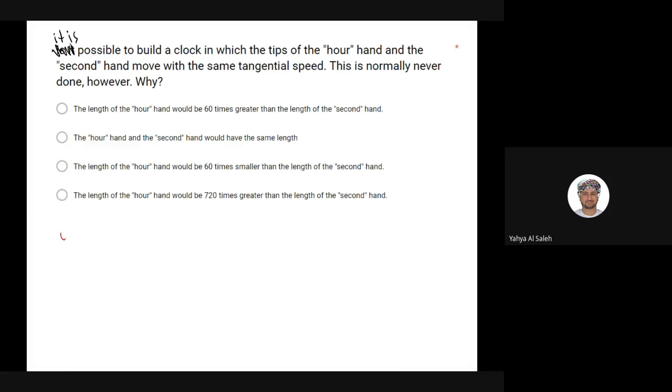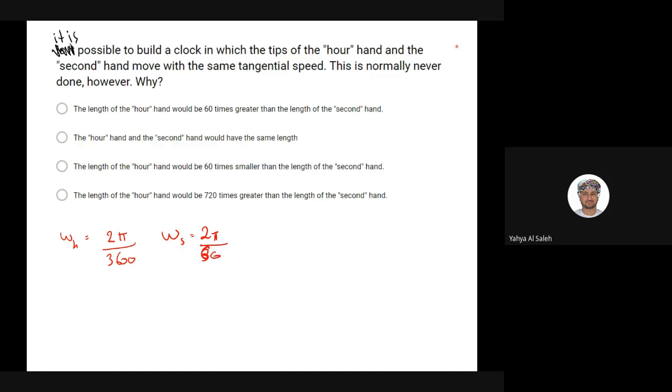So omega for the hour hand will be 2 pi over 3,600 seconds. But the second hand moves a full circle every 60 seconds. So omega for the second hand would be 2 pi over